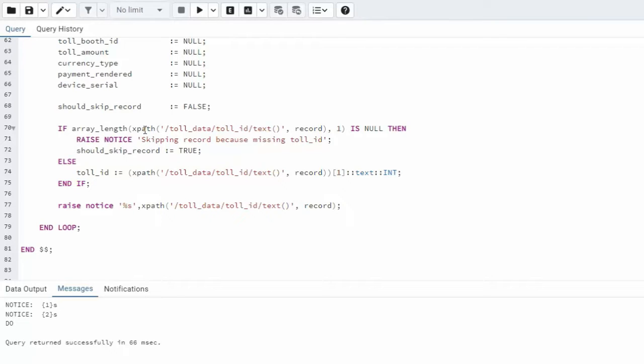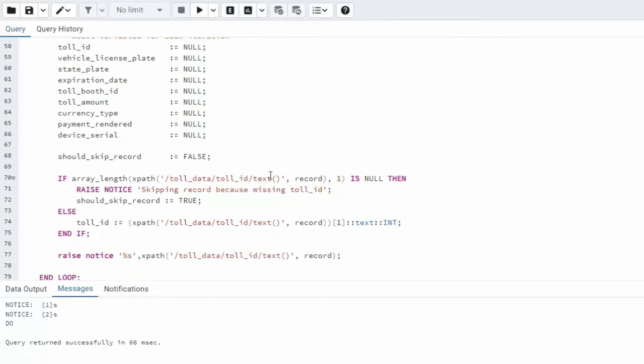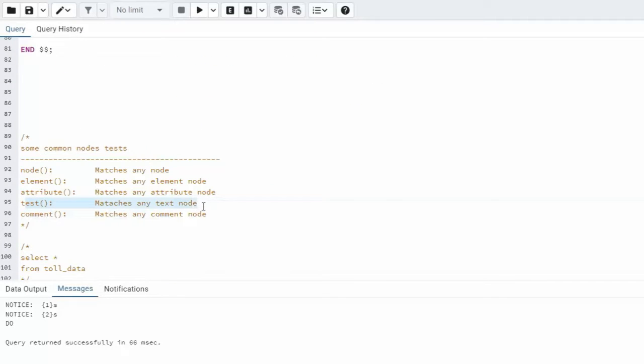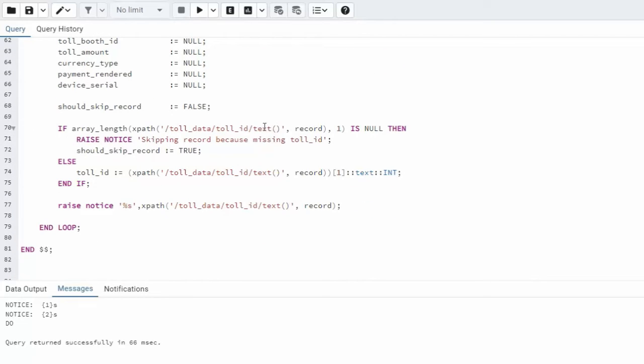Now notice I'm going to use XPath, and I'm going to go with the child, toll data, toll ID, and then text. Now what does this mean? Well, you can see here that the output is 1 and 2. And if we go look at toll ID in the XML, you can clearly see that the value is 1 and 2. So you can see here that text matches the node, the text node. So it's very easy to see that I'm going to get the value